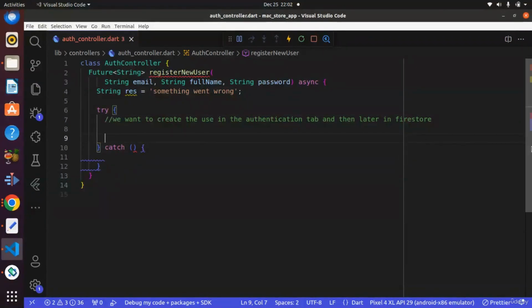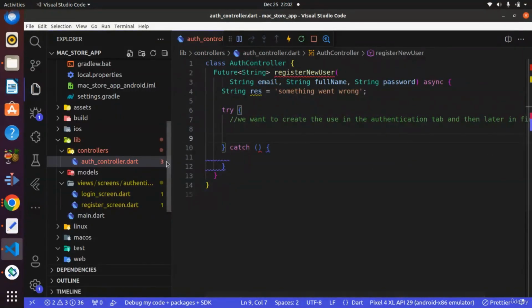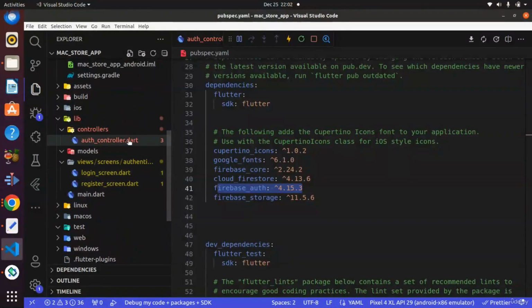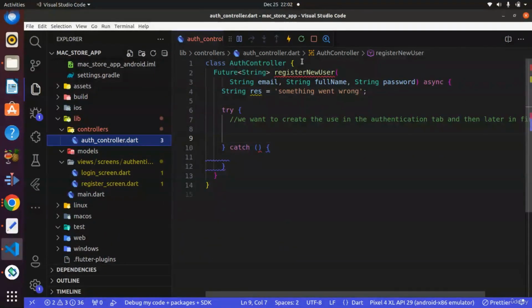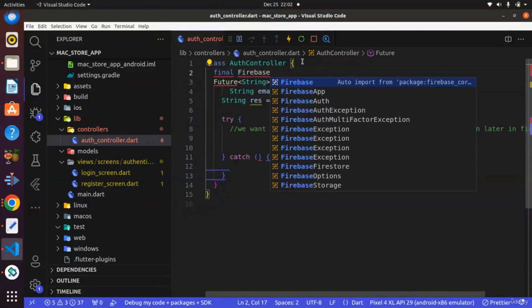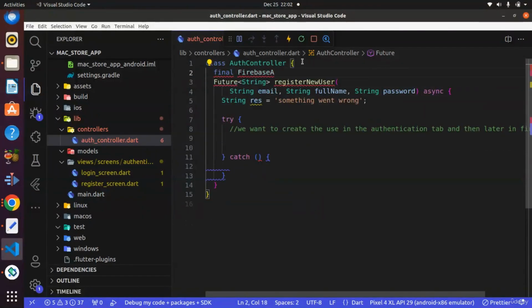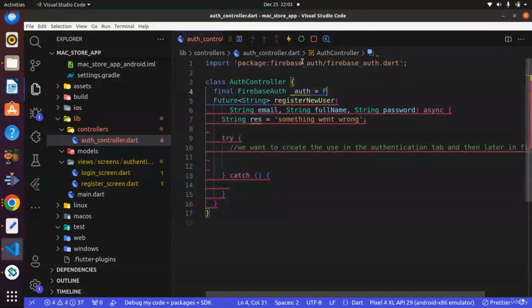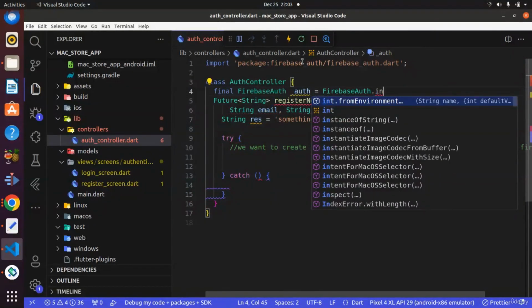Now to create the user, we had earlier installed a package known as Firebase Auth. So what we can do is create a variable to store that. Over here, we can say final, and then we can specify the type of variable we are about to create. It will be of type FirebaseAuth, and we can call this _auth, and it will be equal to FirebaseAuth. Then we have to initialize it by saying